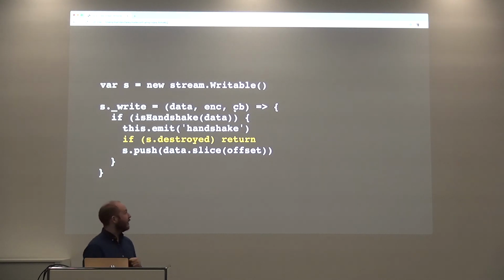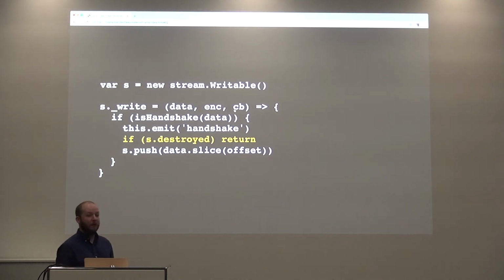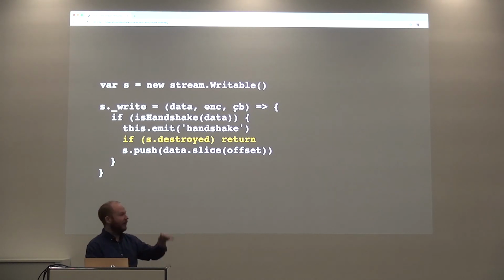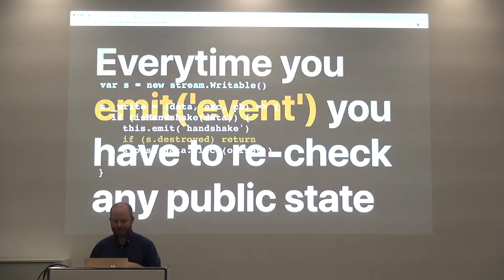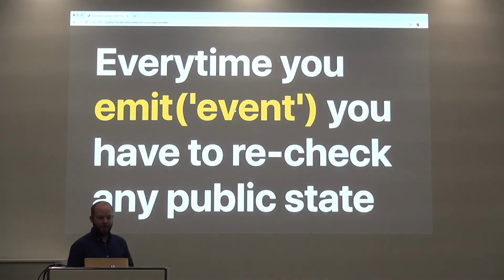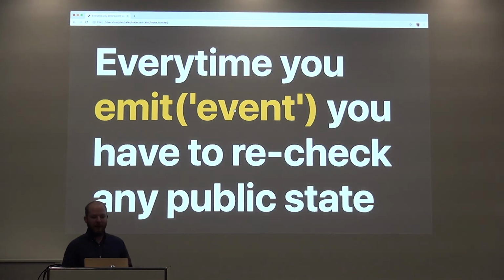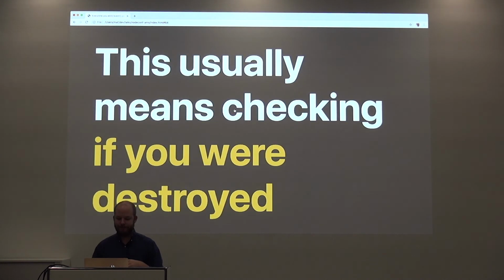There's actually, side note, a pattern I've seen a lot doing code reviews, and with promises also, when you do the big async await chains and you emit an event, and people forget that side effects can happen and then they happily continue after. Again, if you have a security hole, that's probably where it is. So like I said, every time you do any kind of emit, check your public state. Like I said, it usually means checking that you're destroyed.